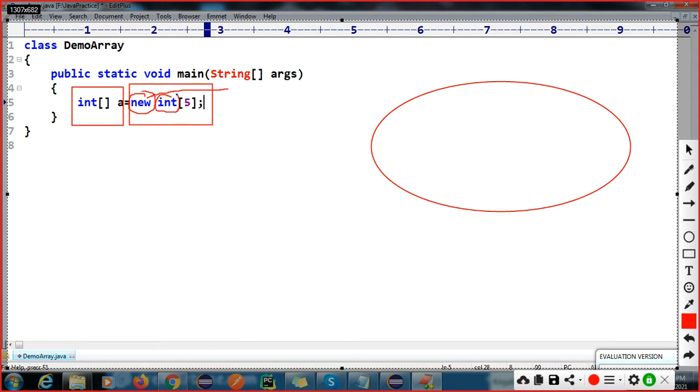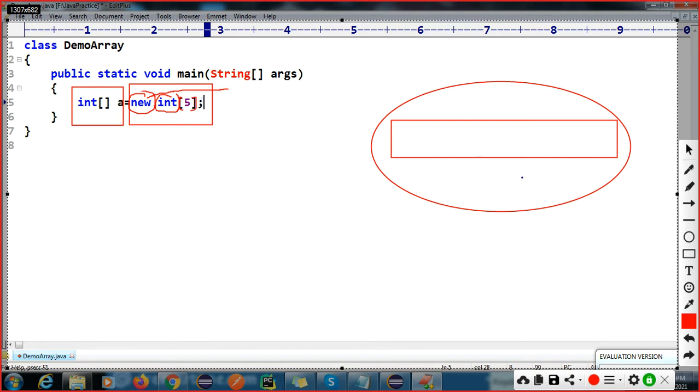So integer type, okay, and this will define the size or length of an array, and this is called your 1D array. And how many elements? We have size 5, so you can store 5 elements here. The brackets, when you write like that, will provide the locations as per your length, right?